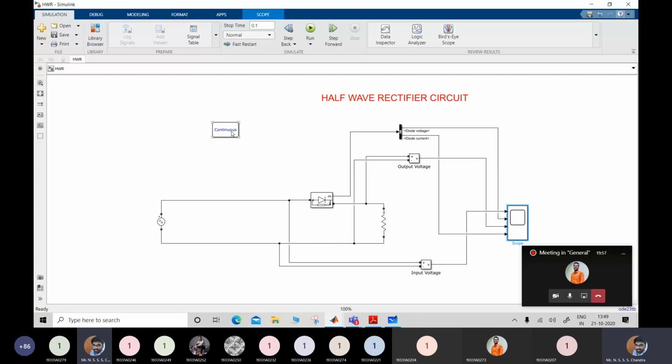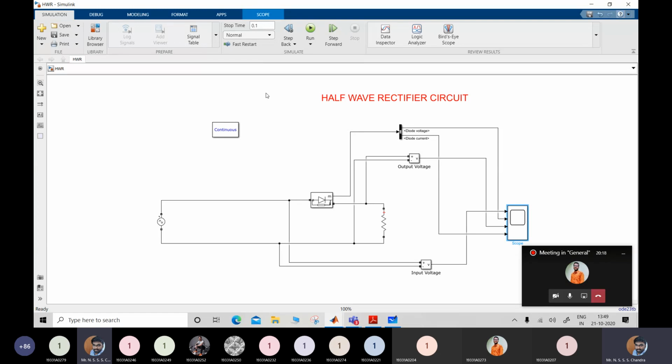That power can be, you can take it from this block called power GUI. This block is called as power GUI, where the signal power is a continuous signal. It's not a discrete signal, so that's why continuous is shown over here. Because I want to show only 5 full cycles, I have taken the simulation time as 0.1 seconds.